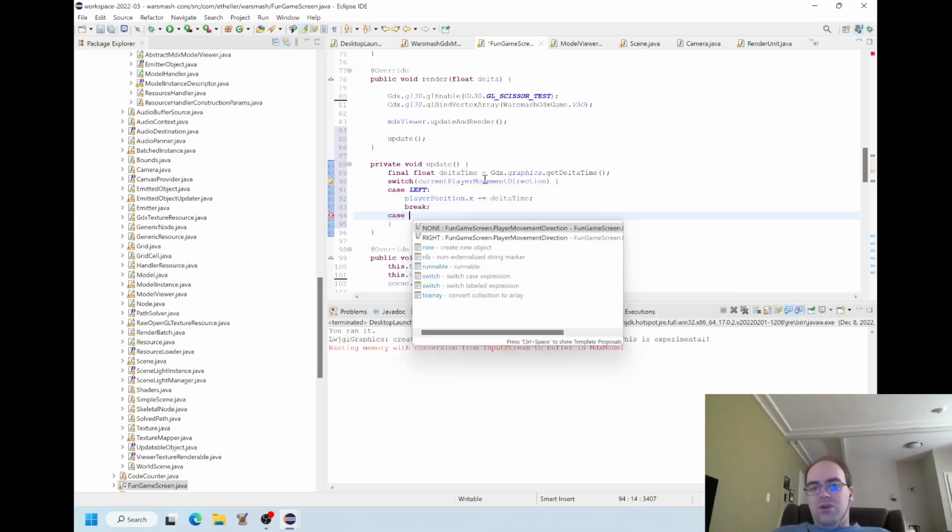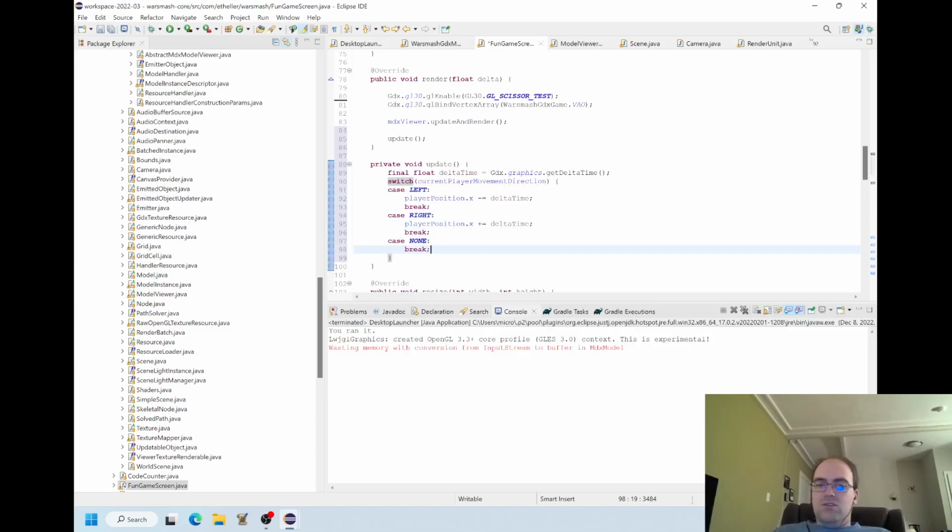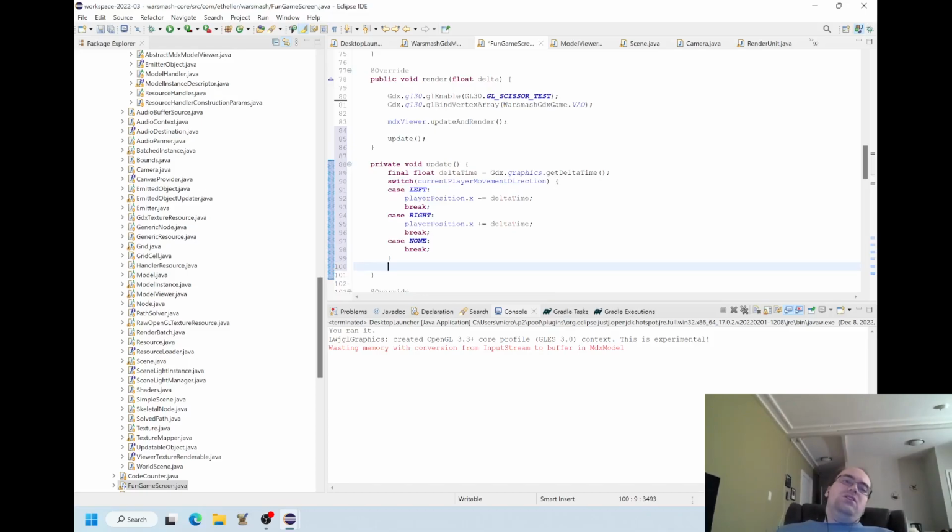And you always have to use breaks in case statements because otherwise they do wonky things. Player position dot x is going to increase by delta time if you move to the right, and if you do none, it's going to do nothing. Then, of course, the more important thing to do is the whole Phoenix instance.